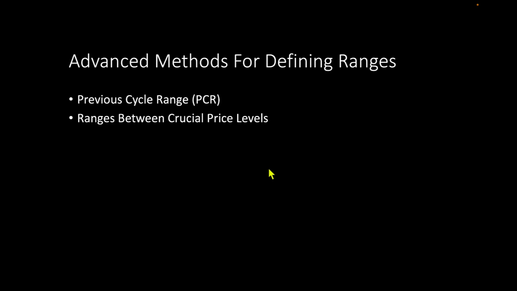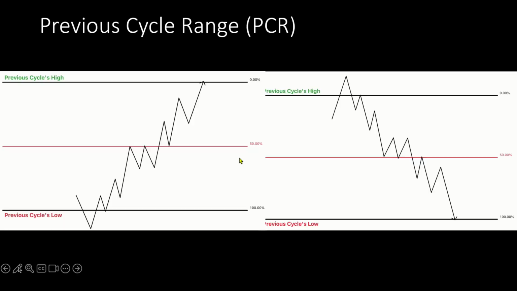We're now going to take a look at advanced methods for defining ranges. First of all, we're going to take a look at the previous cycle range. And secondly, we're going to take a look at ranges between crucial price levels. First of all, we're going to take a look at the previous cycle range. Note that I'm referring to the same schematic again, where there's a range low, where we have